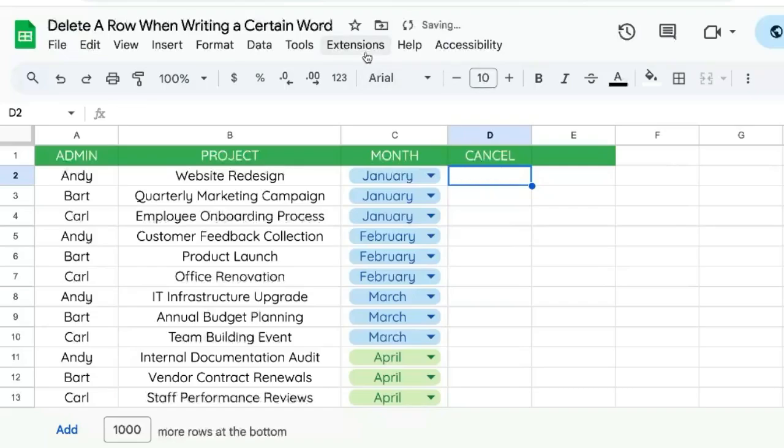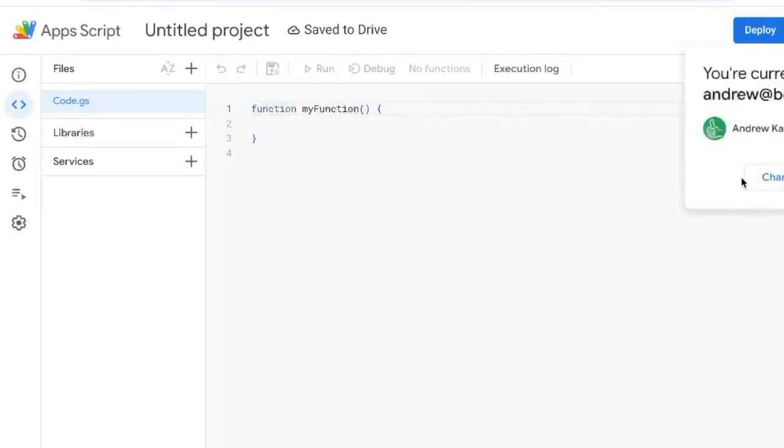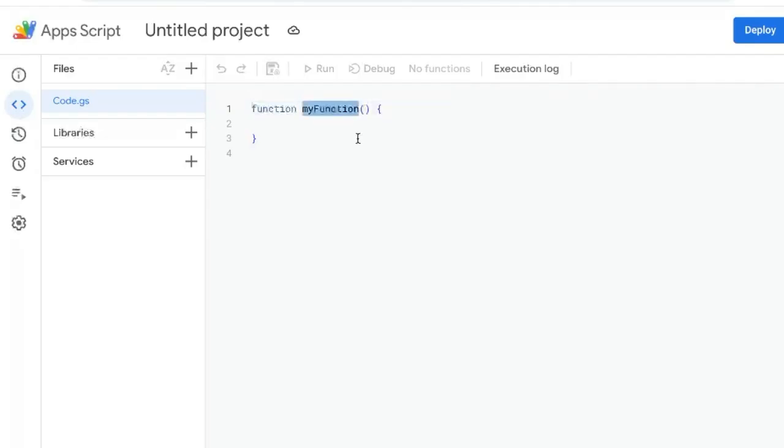and better to use. So first thing we're going to do is go up to extensions, AppScript. This will open AppScript. Don't worry, I'm going to write every single piece of code for you step by step in this video. Just watch and type as I type. One function we're going to use is called the onEdit function. This is a built-in function that uses an event here. We're going to make that just E, but just think of this E as the event, the actual editing that's